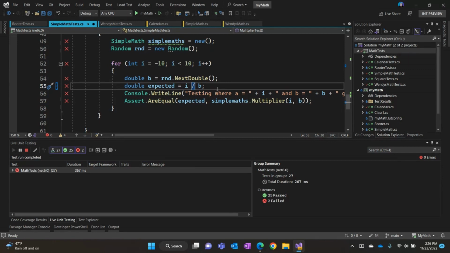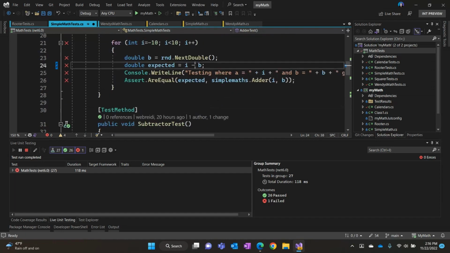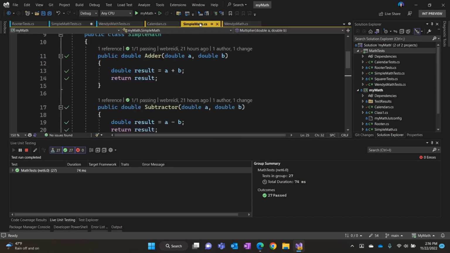Yes, we finally got it, so we can see all the red X's start to appear, and then as you type, it reevaluates and changes everything back to green. I think I still have my addition one messed up here, and I can fix that, and everything magically changes to all green. As you're working on adding new methods or fixing bugs in your code, you can see what impact those are having on your existing tests.